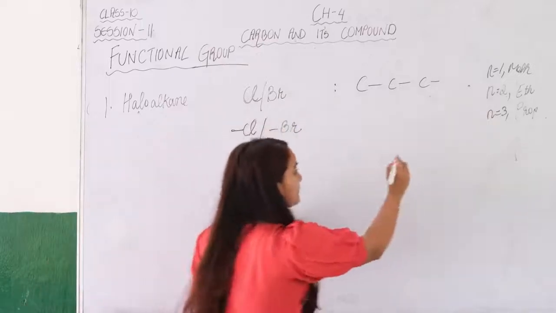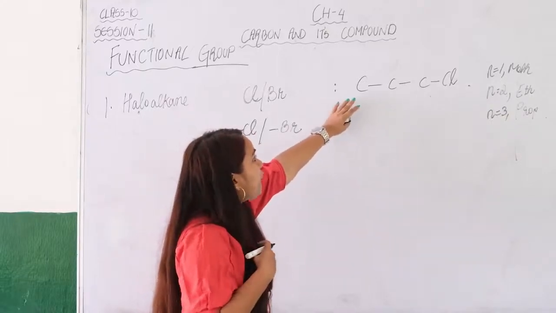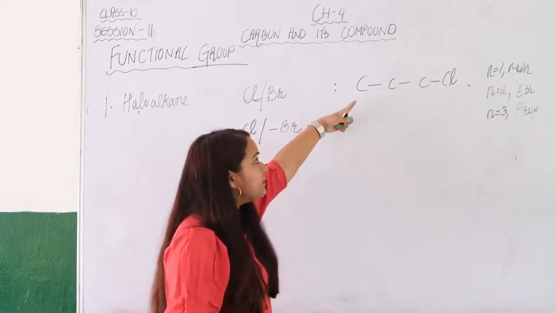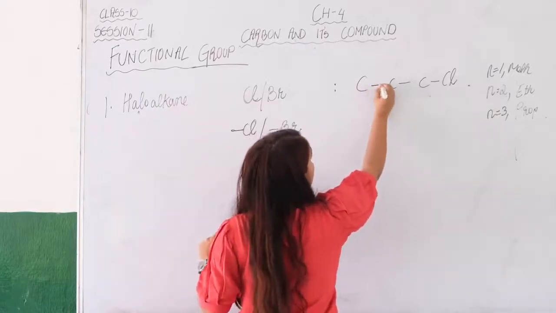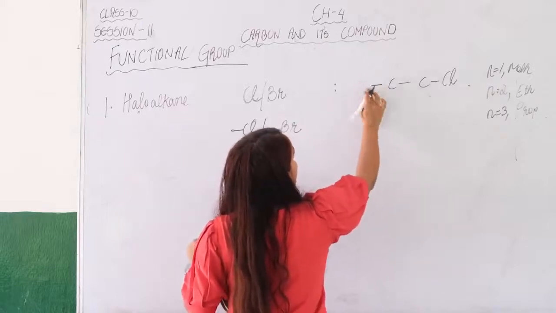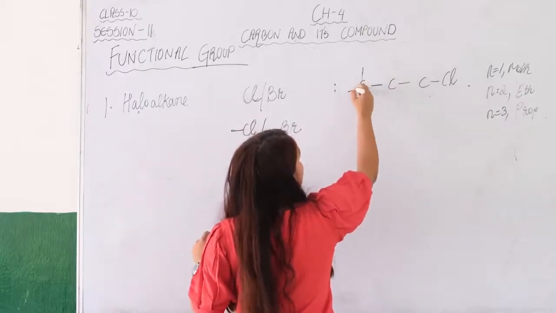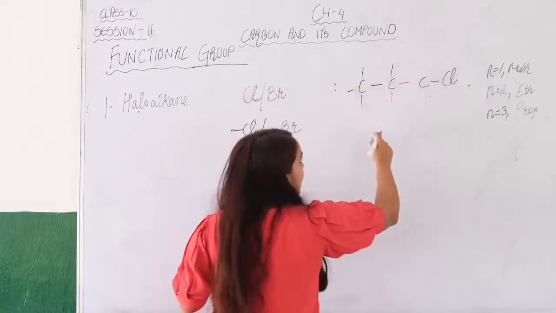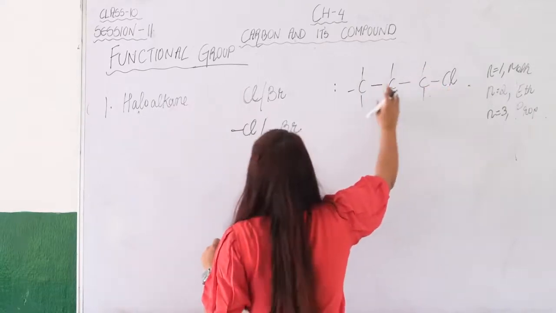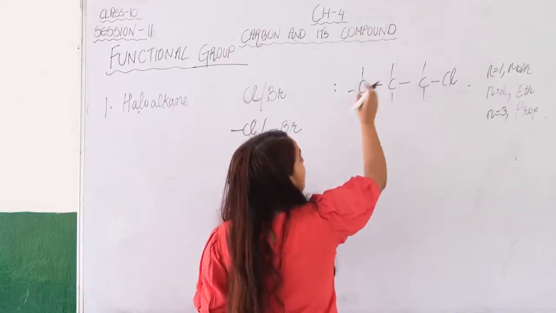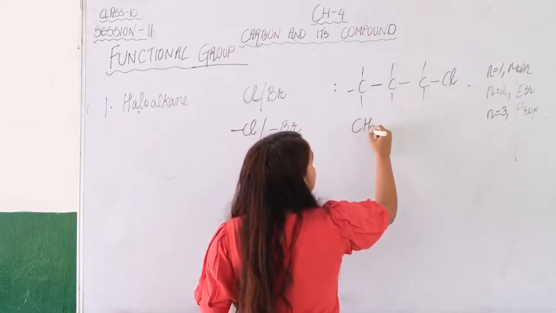Let us do it for chlorine. Now whenever we are writing down the formula of the compound, we also have to maintain the tetravalency. Since here only one bond is there, how many more bonds have to be added? 3 bonds. 2 bonds, so 2 more bonds will be added. Tetravalency will not be maintained here, it is only for the carbon. This formula can also be written as, since we have 3 hydrogens here, CH3,